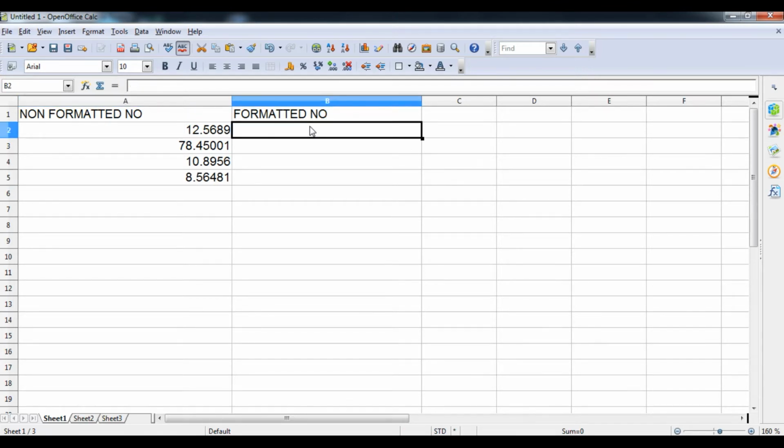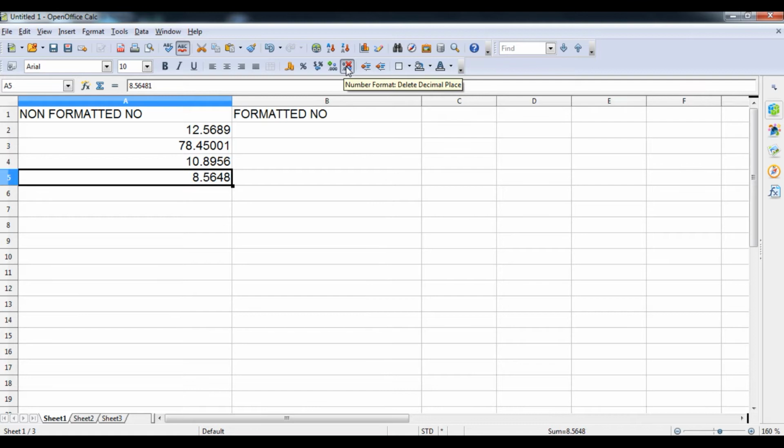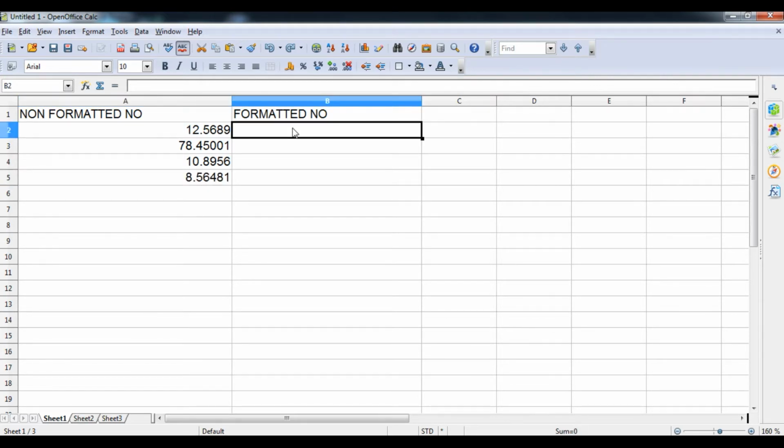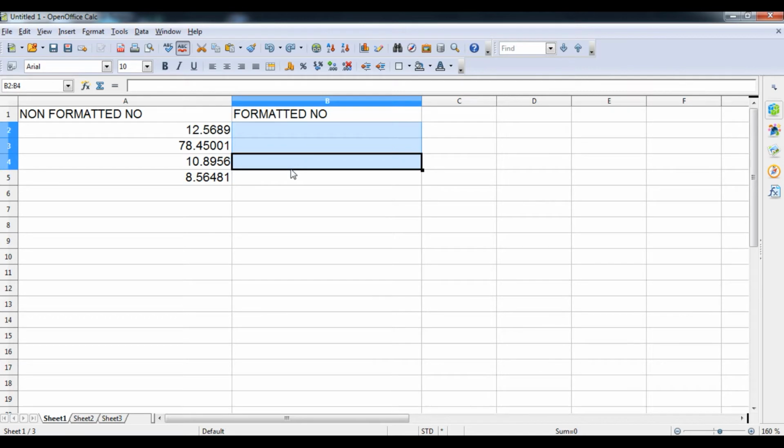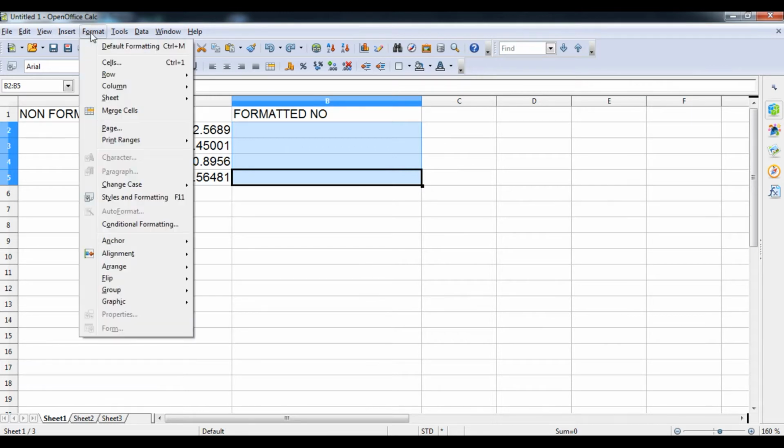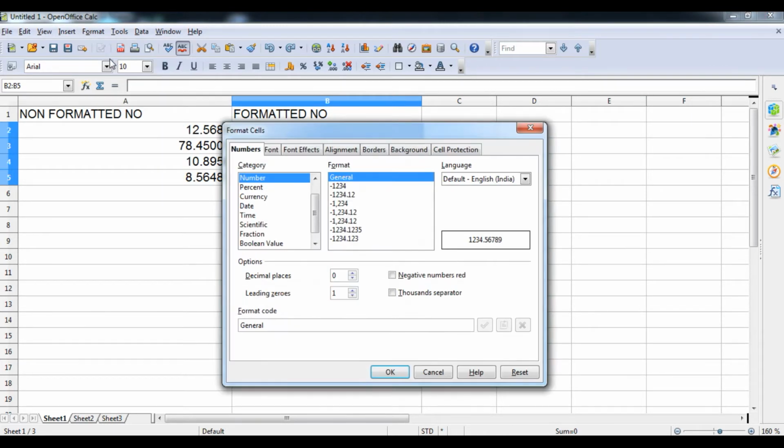There is another way to decrease the decimal places with this particular button, but it is not through the Format Cells box. We are going to understand how to use the Format Cells dialog. First I select the cell range where I want to apply the format. Go to Format option and then go to Cells.